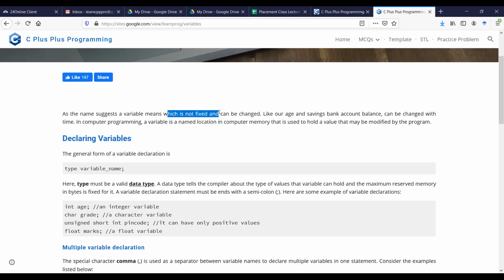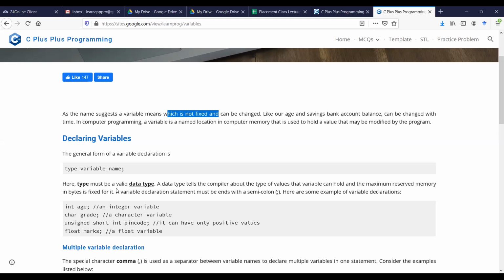Okay, and now we need to understand why this topic is very important. What is the need of a variable? Remember, C and C++ is a typed language. Typed language means before you want to use any value, you must specify that value against a name. Before you use any variable, or any constant, you must declare it, and that variable must have a type.